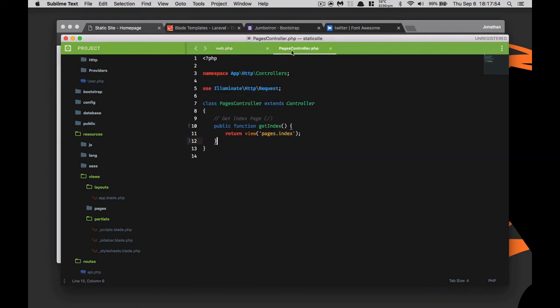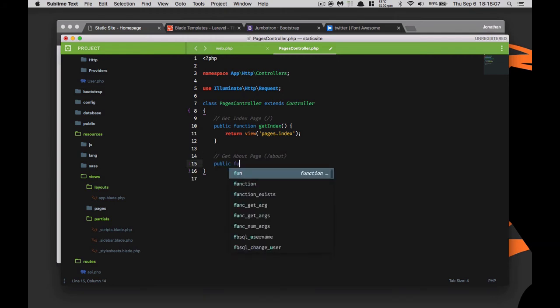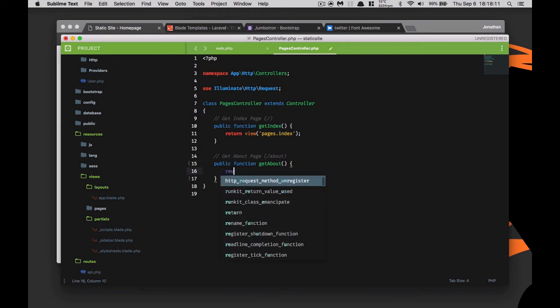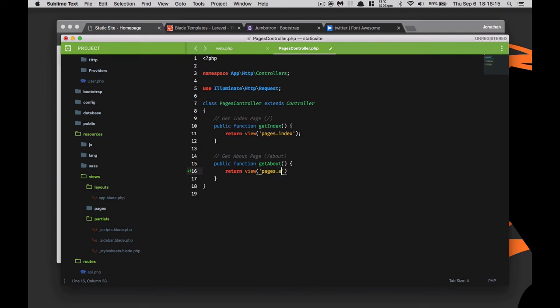So we need to go to our Pages controller. We need to define a new function in here. This is going to get the about page, and again, this is going to be /about. Public function getAbout. And what do we want to do? We want to return the view of pages.about. Save that, and we'll go into our pages, create a new file called